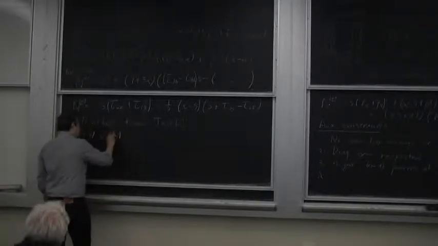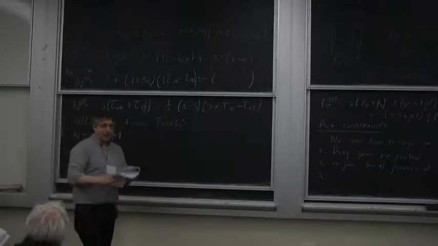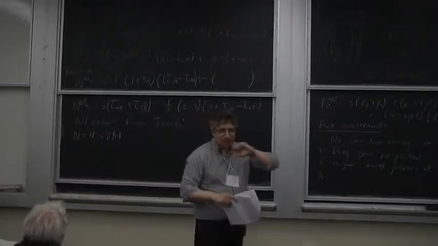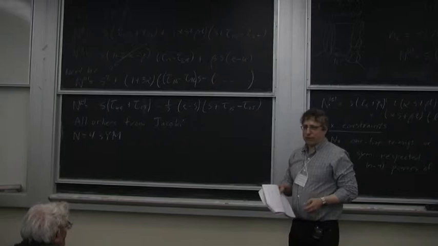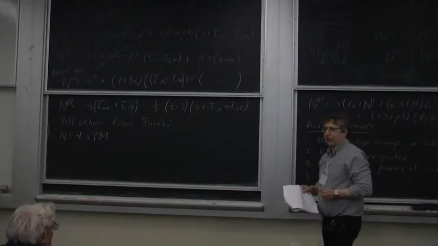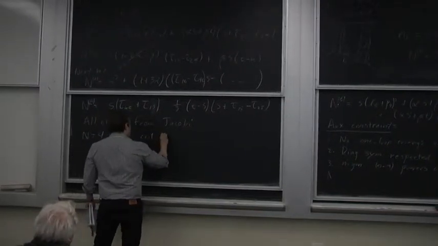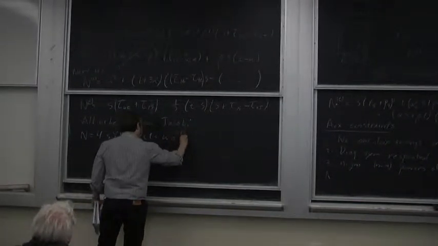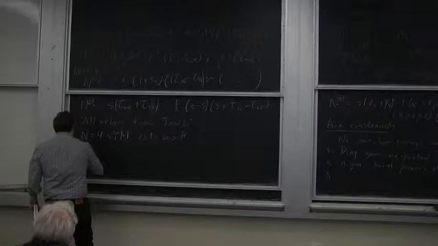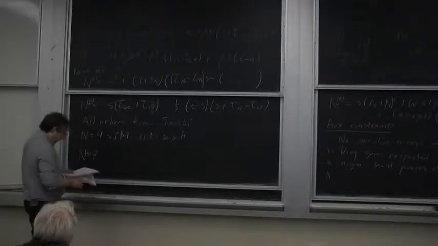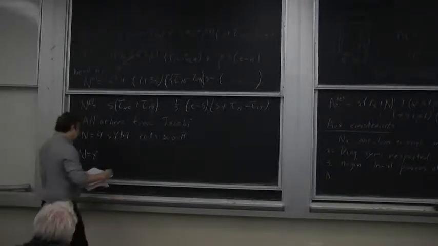So you say, okay, that's very nice. I'm very amused by that. But of course, the real fun is not n equals 4 super Yang-Mills. The real fun is n equals 8 supergravity. Because for n equals 8 supergravity, we don't have to do anything. We just need to write down